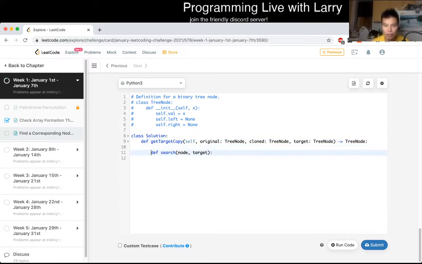What do we want to do, right? Well, do we want to return a reference? Okay, yeah, let's do that. We want to return a reference to the node. So if node is none, we return none. That would be our base case. Otherwise, we